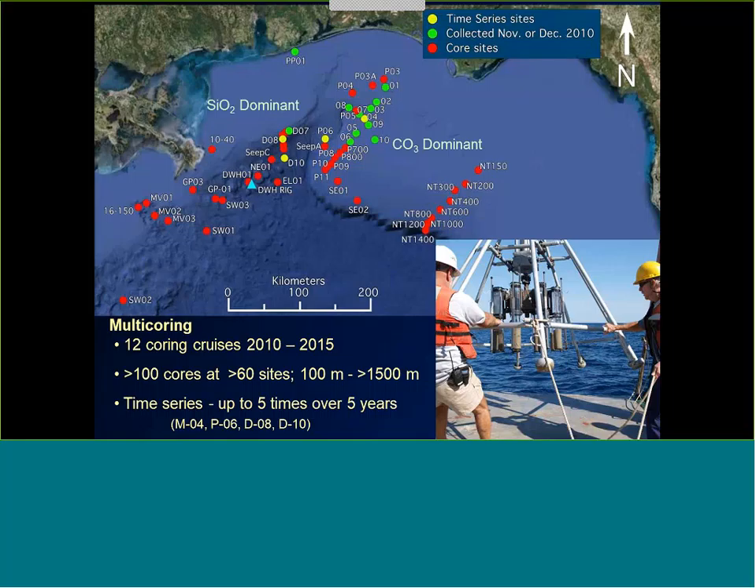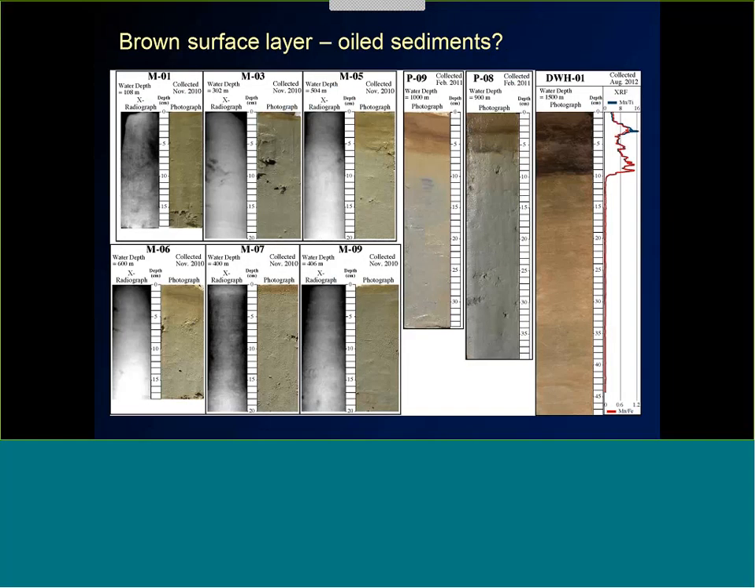Okay, so these are just some examples of some of the cores that we pulled up immediately after or shortly after the spill occurred. One obvious thing is this discolored surface layer, this brown surface layer. Immediately everybody thought, oh, that's oil. It's dark brown, looks like oil, must be oil. We'll talk about that a little bit later, but one thing I want to point out that's critical is that